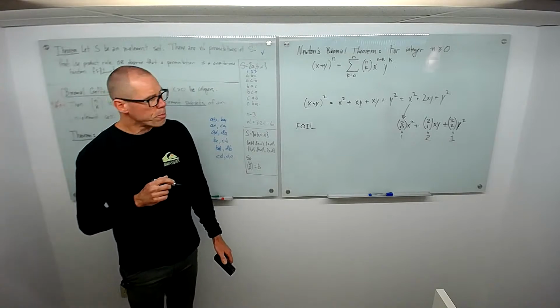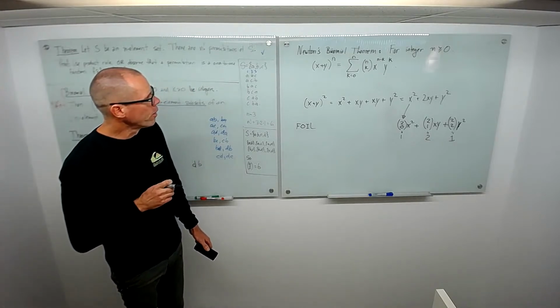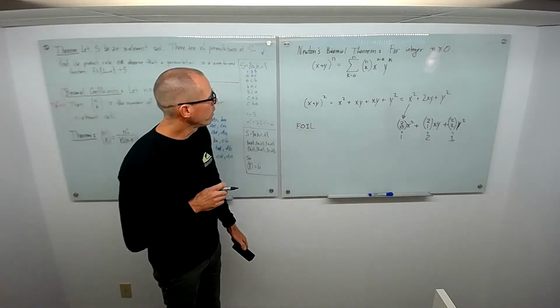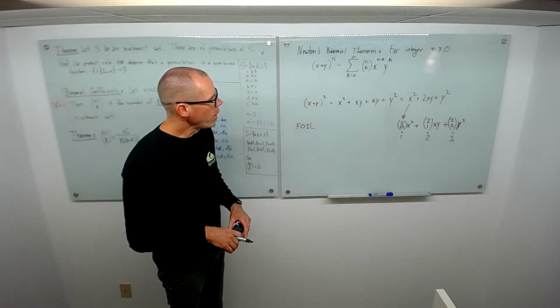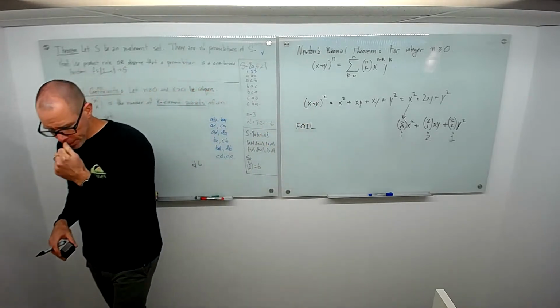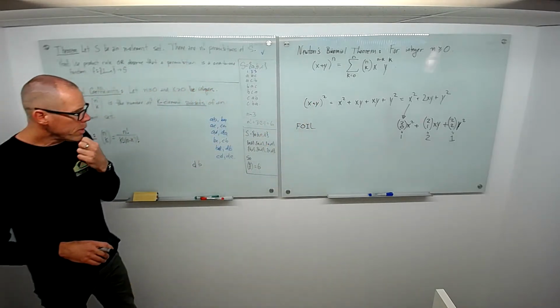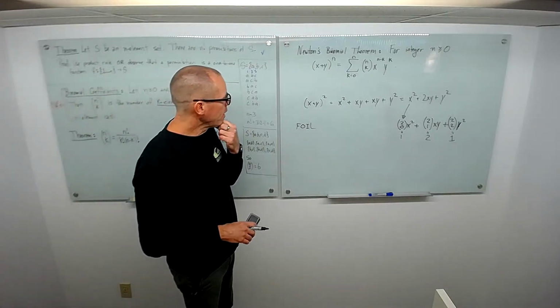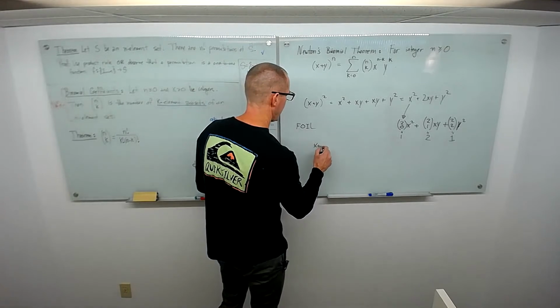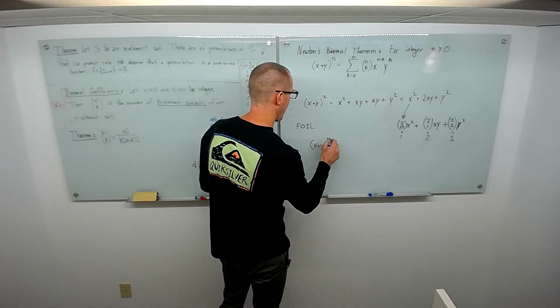So Newton's binomial theorem tells you how to do that, not just for the case when n equals 2, but it gives you the formula for any value of n. And that's good because in general, if I look at x plus y to the n,